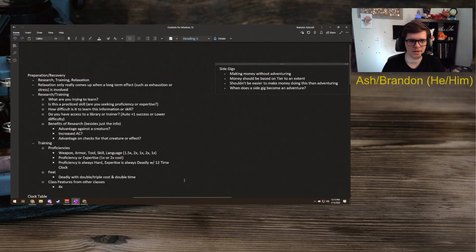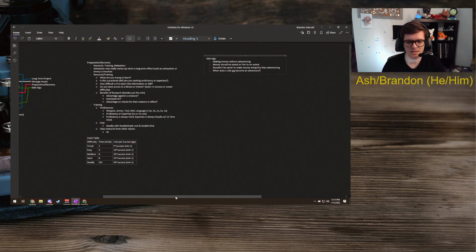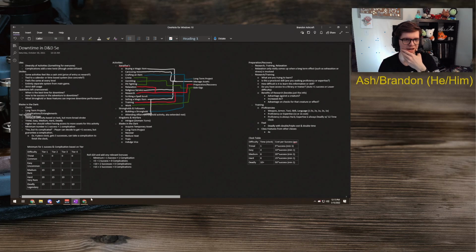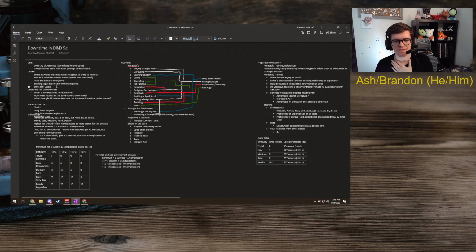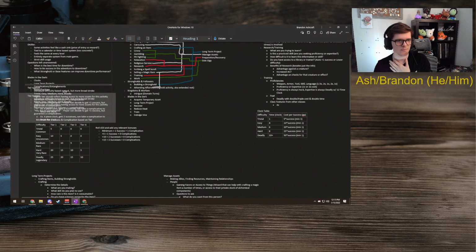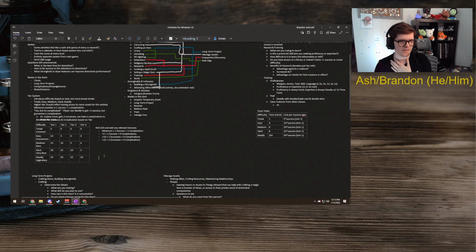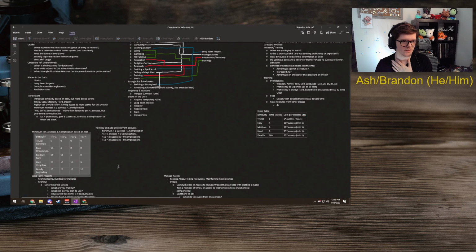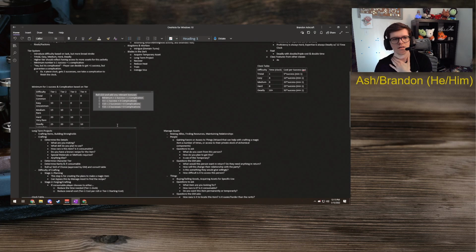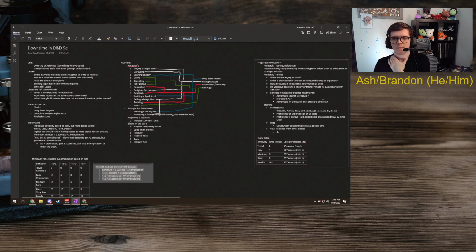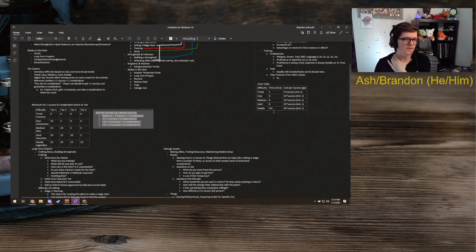So I think we have a good baseline for downtime. What it comes down to now is me spending time on it, throwing it in a layout, and outlining it. This was the thought process, here's what we ended up saying: we want the tier system to do this, we want the D20 roll to be about this, and so if you're accomplishing tasks, this is what you end up with.